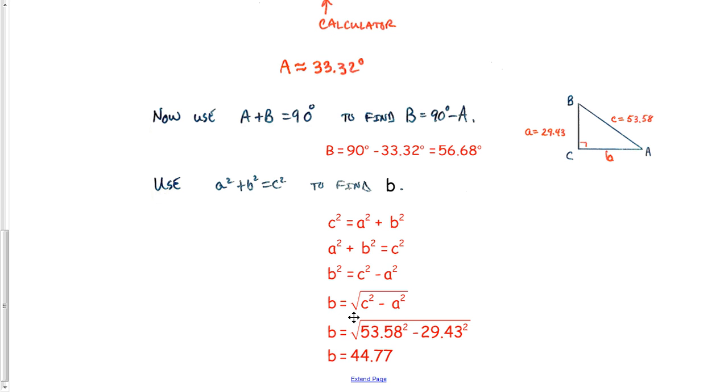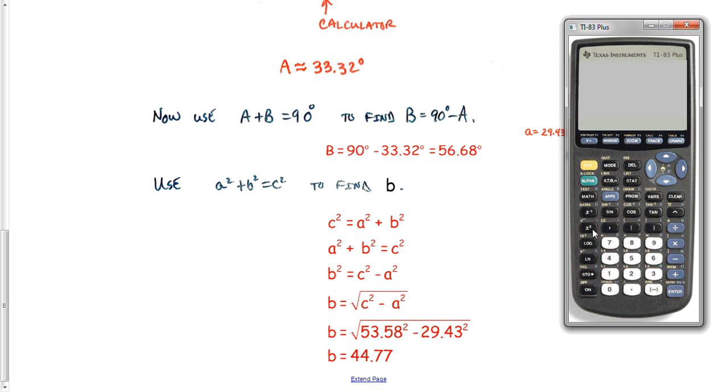And then I know B is the square root of the right side. Since B is a length, it's not going to be negative. And so I simply put my 53.58 in for C, which is a given, and I put my 29.43 in for A, which is a given, and when I calculate, then I will get